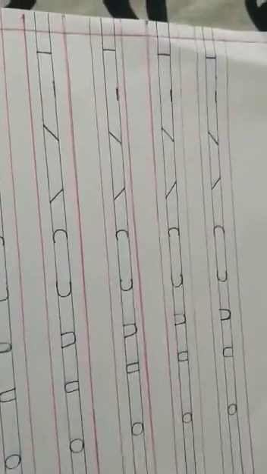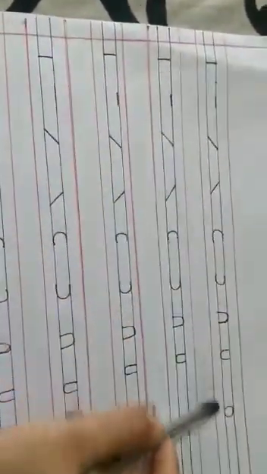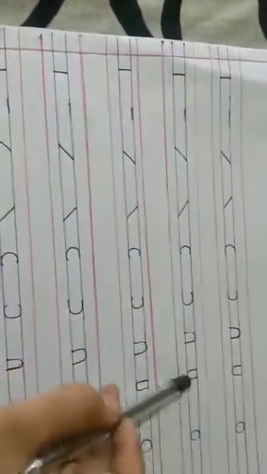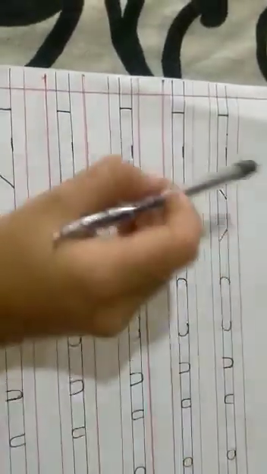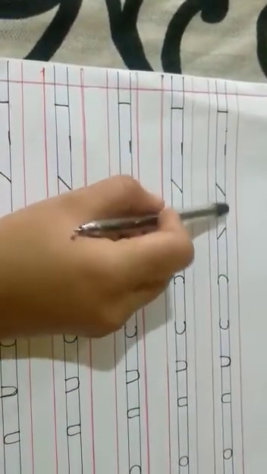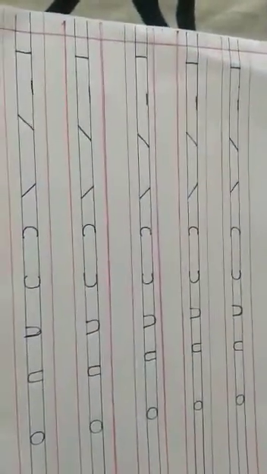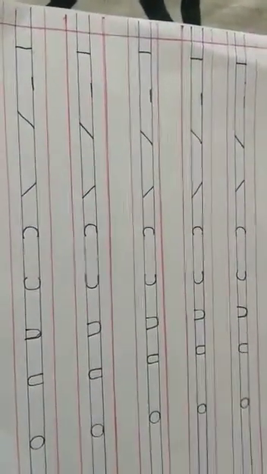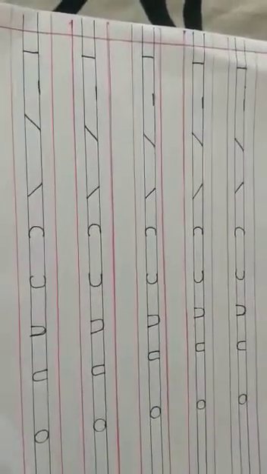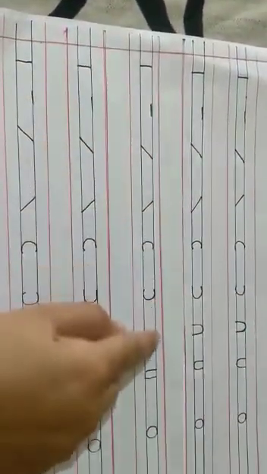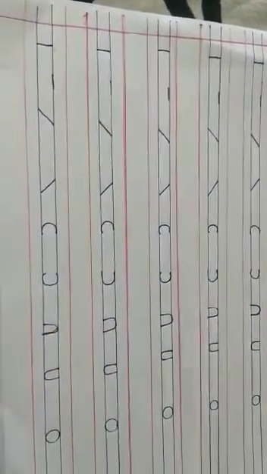We will learn these lines, write these lines before learning the small letters. And remember, you have to only use these blue lines. You will not use the red lines, okay? Because we are learning the small English alphabets, we will write within these blue lines. Okay, you can see how I have written. You have to write this in your copy.